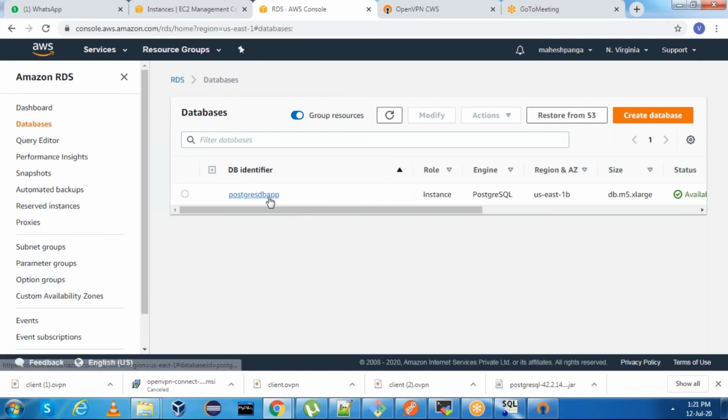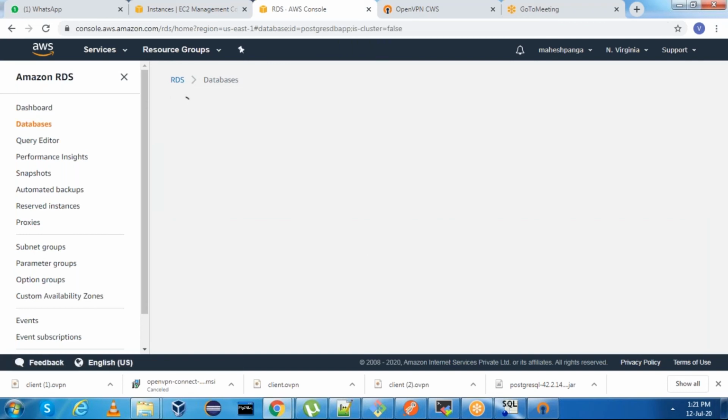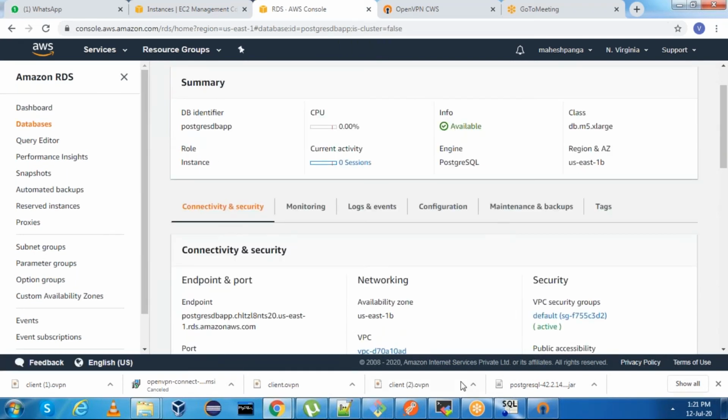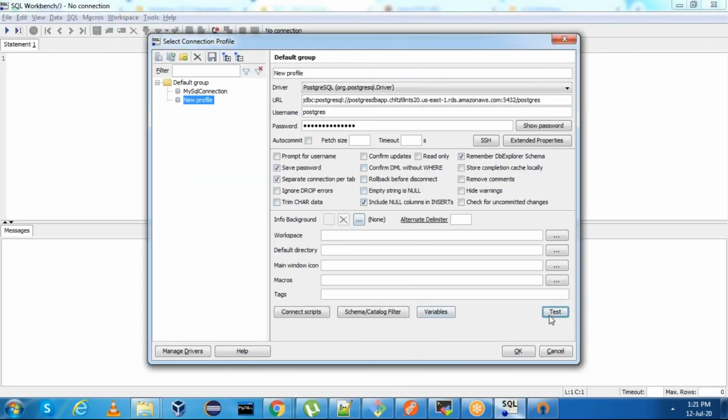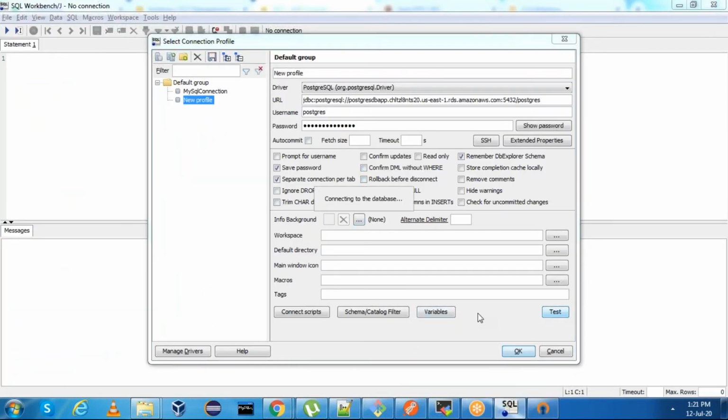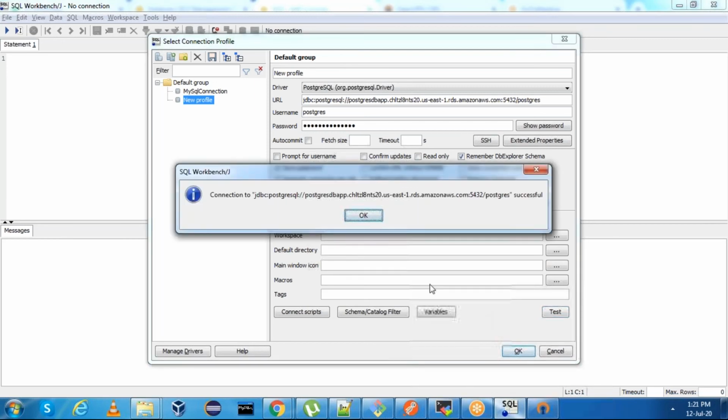Now we will click on this DB identifier and we will see the info is available. Now we will try from SQL Workbench. Click on test. Successful. See,